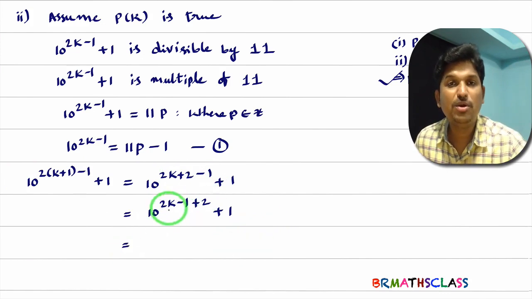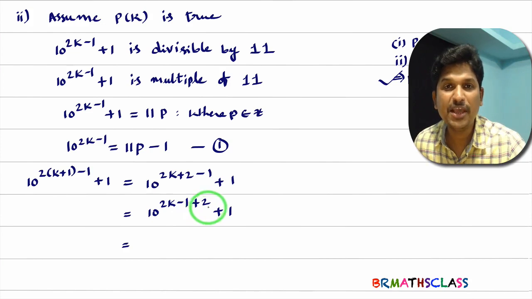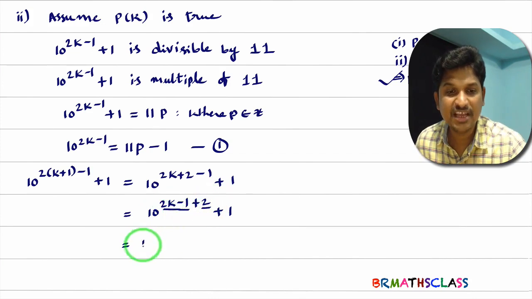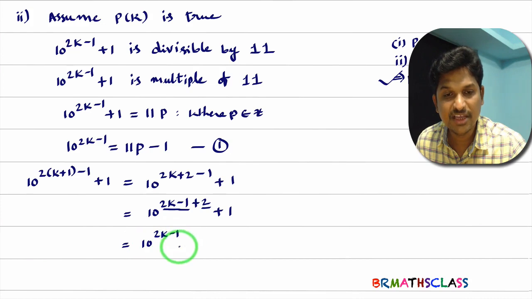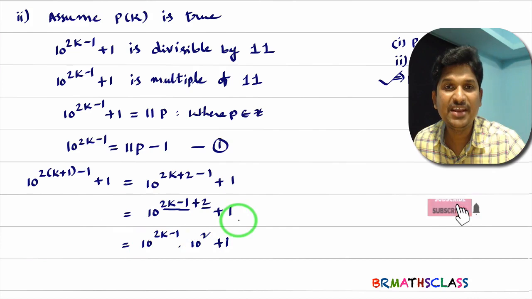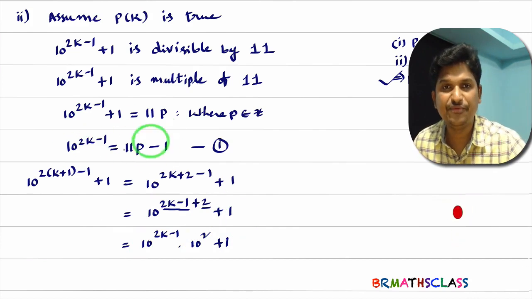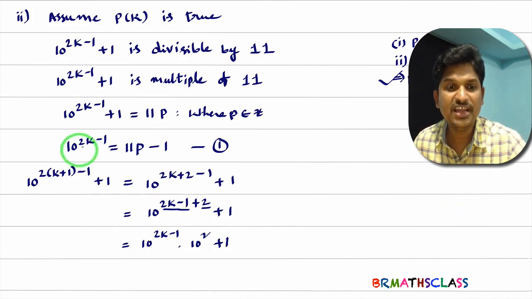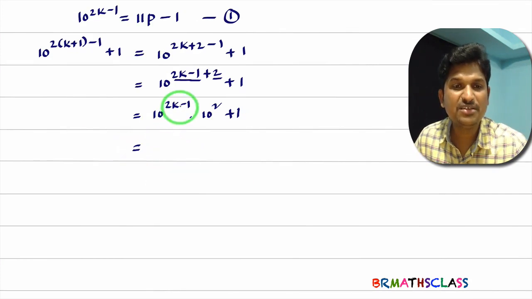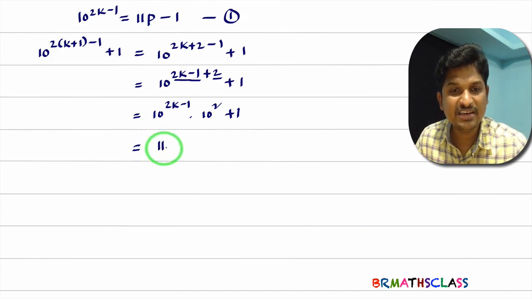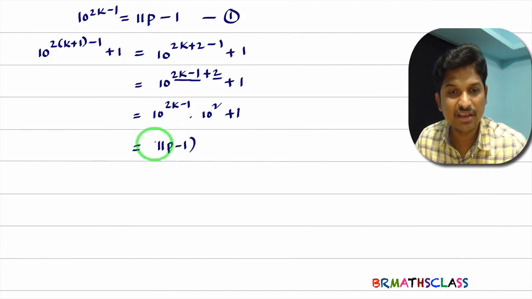Okay. We know the formula of a power m plus n. A power m plus n is a power m into a power n. See, this is like m plus n. A power m plus n can be written as a power m into a power n. So, you can write this like this. Why did I write like this? Because I want to use this information. You see here, I know that 10 power 2k minus 1 is 11p minus 1. So what I do, in place of 10 power 2k minus 1, I'll write 11p minus 1 into 10 square